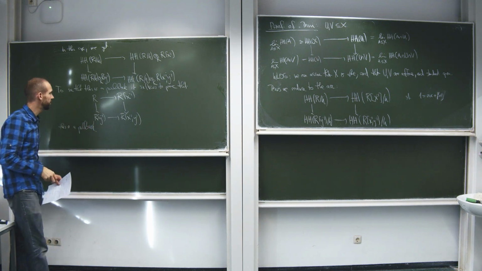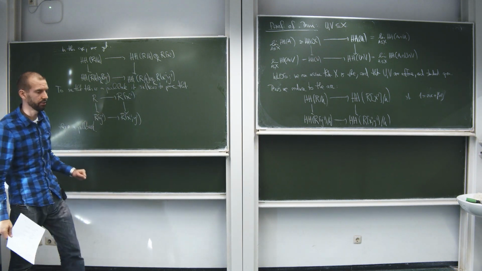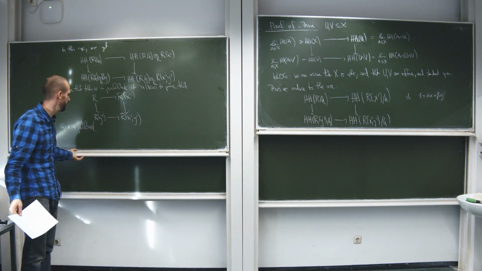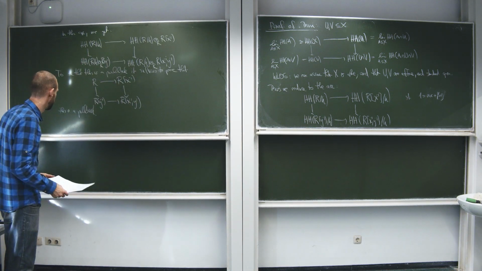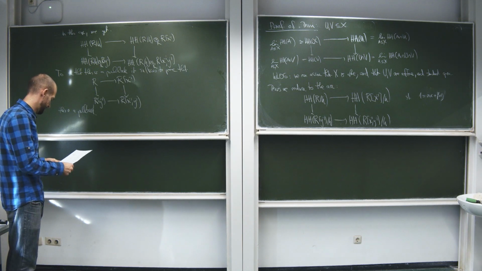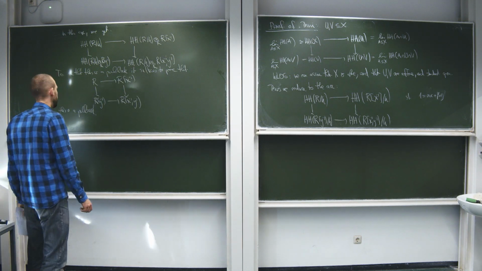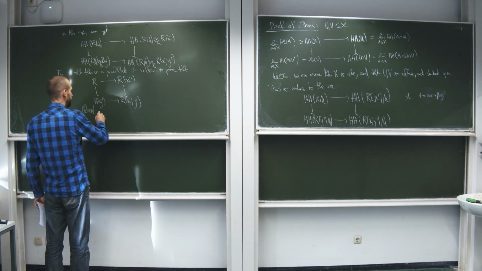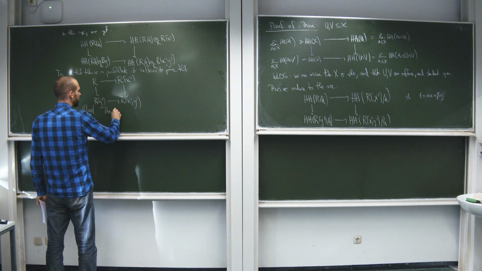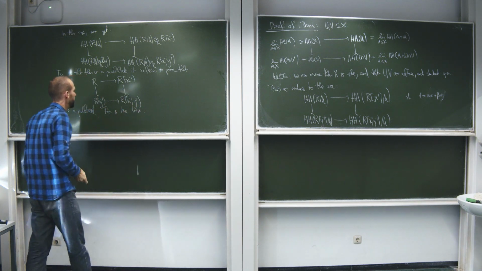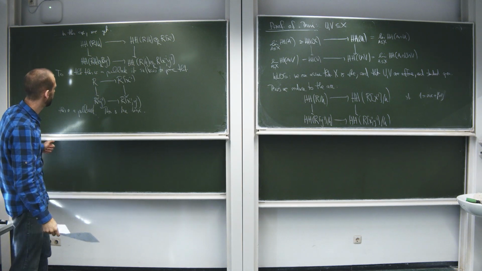Because pullbacks stay pullbacks after, say, derived tensoring with something, but that's why I already said that the derived tensor product and the non-derived tensor products agree. And that is, of course, a standard fact. How do we see that? It's true because one way to check that this is a pullback